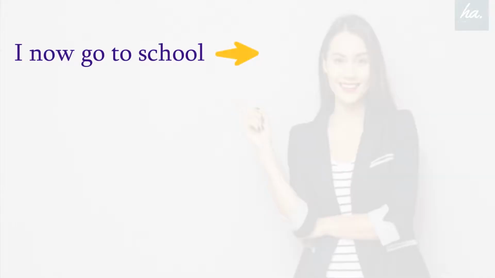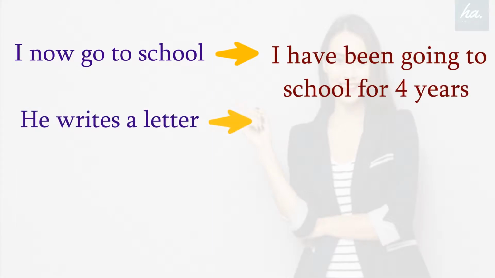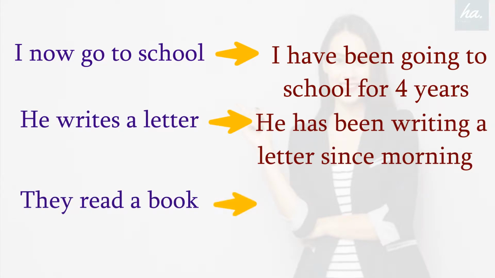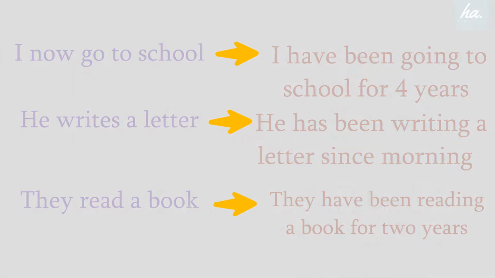Now let me give you an example for this tense, I now go to school। Instead of that, when we use it in a perfect continuous tense, so it will be changed into I've been going to school for 4 years। He writes a letter, if we will change it into a perfect continuous tense, it will be he has been writing a letter since morning। They read a book, if we will change this sentence into the perfect continuous, so it will be they have been reading a book for 2 years।